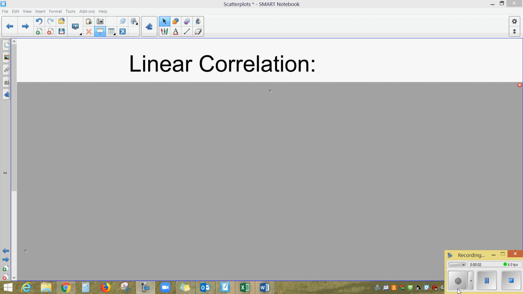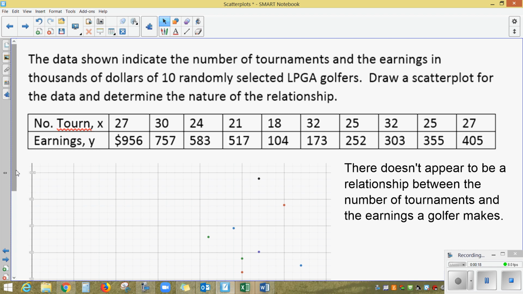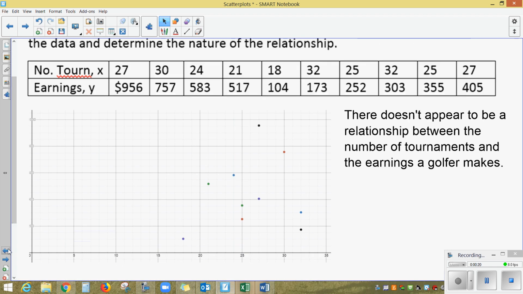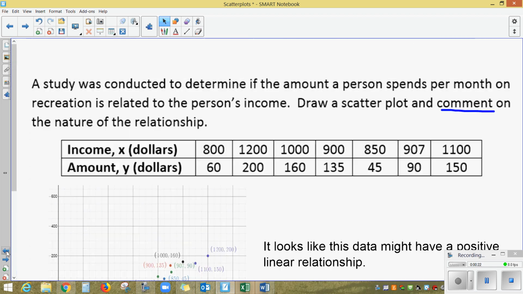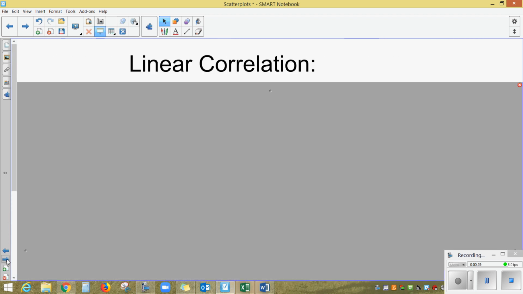When we looked at scatter plots in the last video, we used our eyes and determined whether or not we thought the data we were looking at looked like it was sort of linear. This last example looked like maybe it had a negative correlation. This example looked like a big mess, and we said we don't think it correlates at all. And this one looked to us like it had a positive linear correlation. So today our job is going to be to quantify that correlation and determine whether or not it truly does